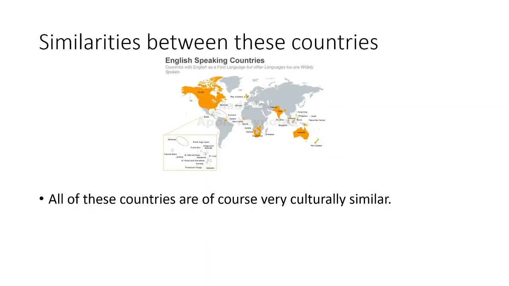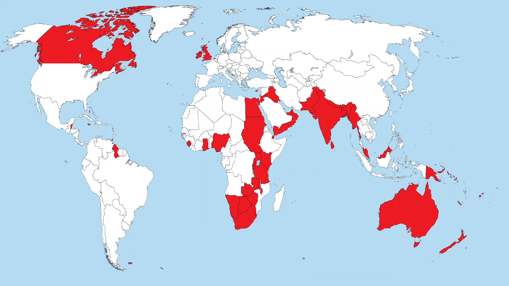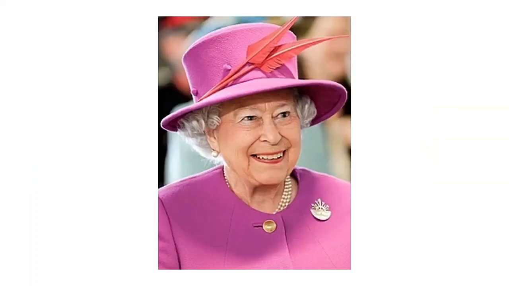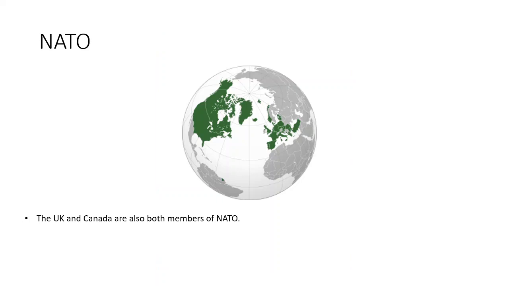All these countries are of course very culturally similar. They were all once part of the British Empire. They all have the Union, well, three of them have the Union Jack in their flag. Canada used to, but they changed their design in 1965 to this very impressive design. The Queen is the head of state of all four of these countries, something which they kept from the British Empire to signify their cultural similarities. The UK and Canada are also both members of NATO, and all the four countries have similar parliamentary systems and